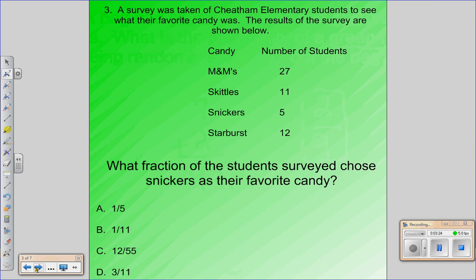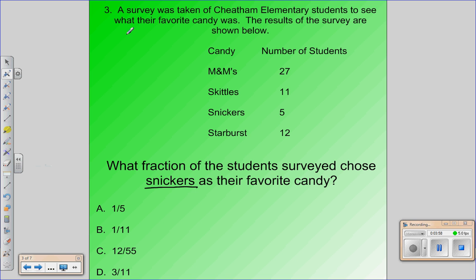Alright, your next example, number 3. A survey was taken of Cheatham Elementary students to see what their favorite candy was. The results of this survey are shown below. So you have 4 different types of candies with the number of students that liked each candy. So your question is, which fraction of the students surveyed chose Snickers as their favorite candy? Well, we know that 5 students chose Snickers, but we have to find out how many total students